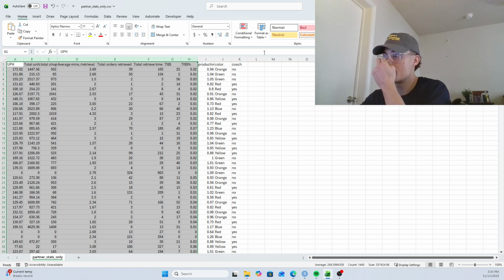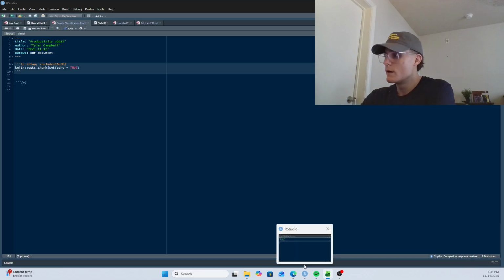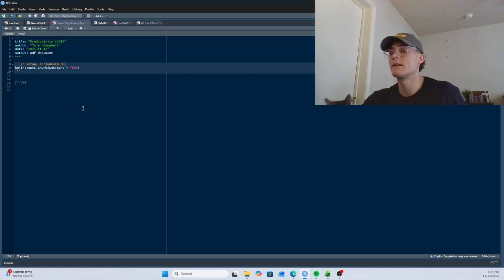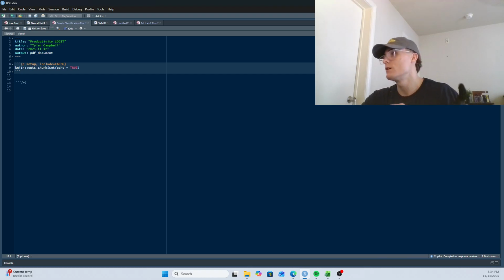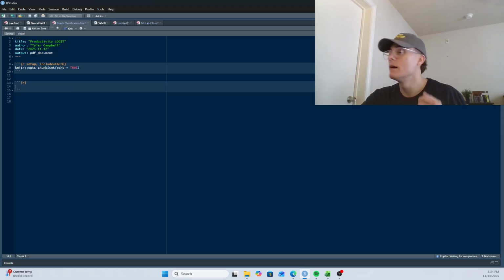So basically, yes, we're going to be classifying whether or not new partners need to be coached, given these columns that I've highlighted right here. We're just going to be using R, like last time. Also, I should mention that last time I had already written down the code. This time I'm going to be writing the code alongside y'all. So if y'all want to follow along with the same data set, if I ever send it to y'all,